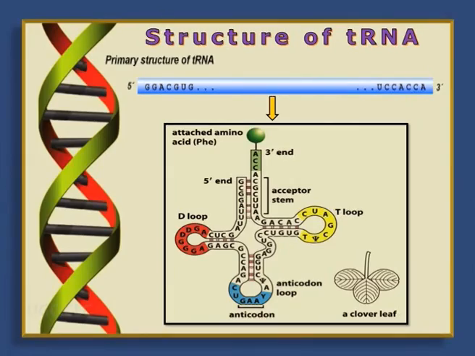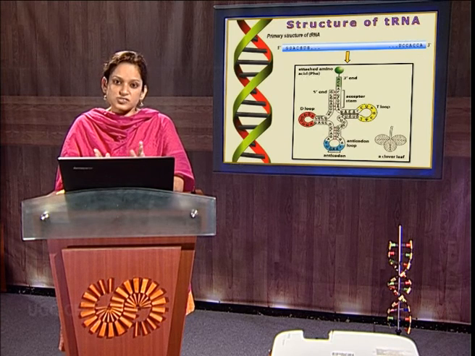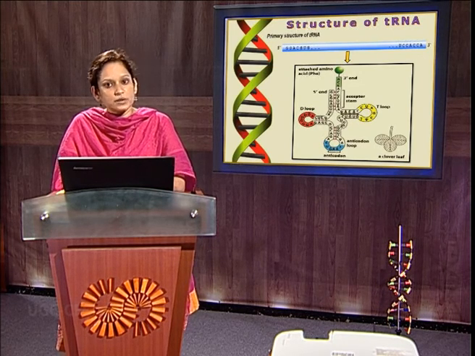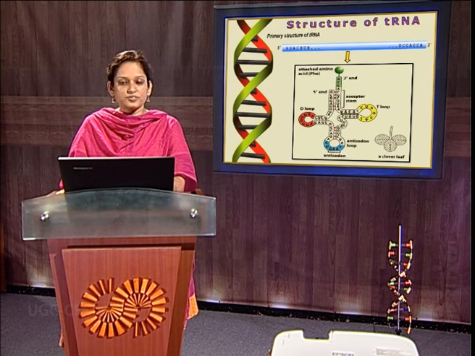Let us see this diagram. This diagram shows the primary structure of tRNA which folds to form the secondary structure of tRNA. The secondary structure of tRNA is commonly known as the clover leaf model because it resembles a clover leaf. On close examination, we find secondary structural motifs such as the stem loop and multi-branch junctions as the important components of this secondary structure. The presence of these kinds of structures plays an important role in the functioning of tRNA.